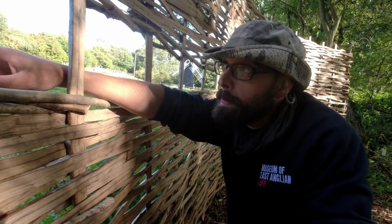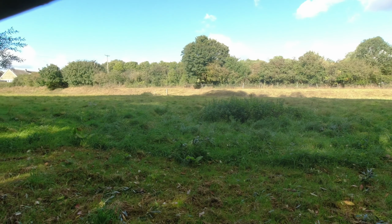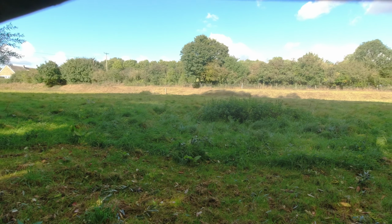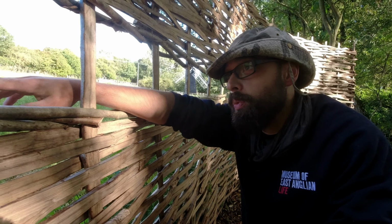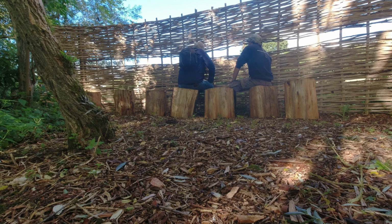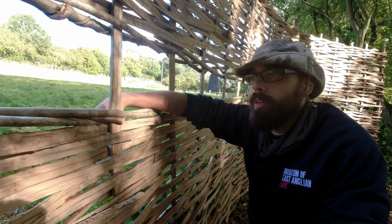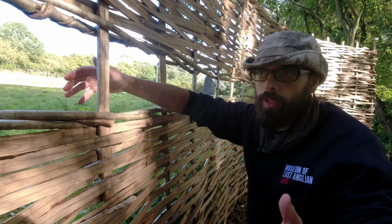Over that way, if you see those telephone poles, and then just beyond them, there's some trees that come down the bank a bit. Just to the left of that, that's where the badgers tend to come out, and that's where we get our best sightings of them. And it's really interesting. Like I said, there was a bit of conflict with the badgers